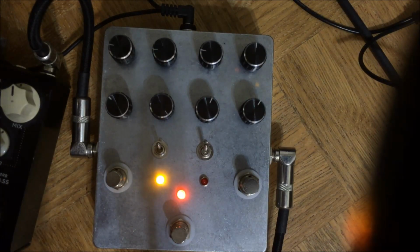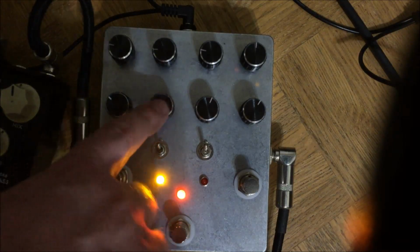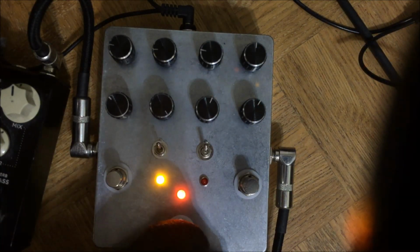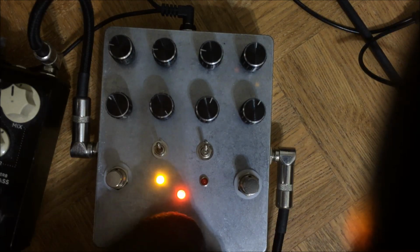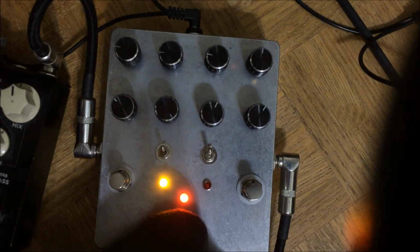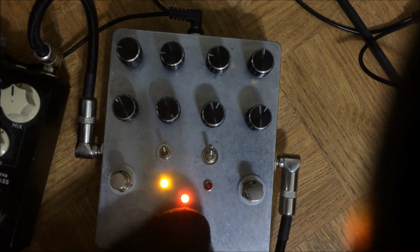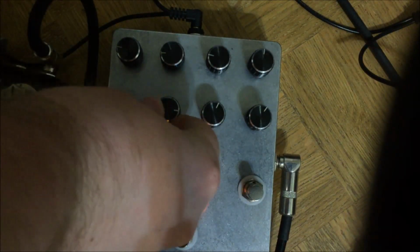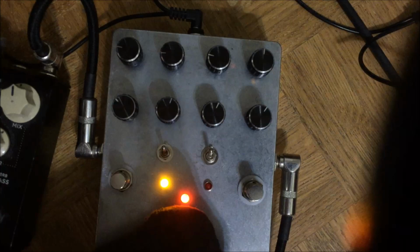However, if you're really a big fan of that kind of thing, that's where this pot and this switch come into play. What this foot switch here does, and it's a momentary foot switch, is it basically bypasses the repeat snub. So you can get instant feedback if you like. However, if you want something more subtle, you just dial this pot back, and it adds a bit of resistance in line with the switch. So it gets more like...